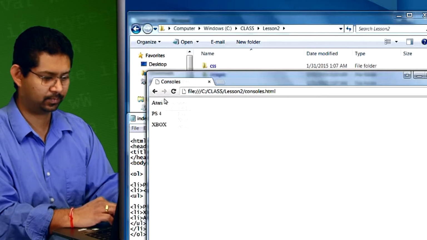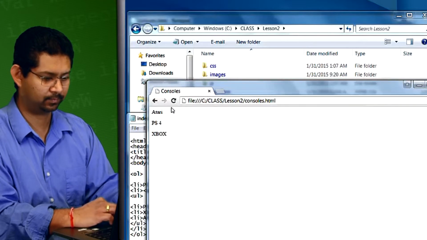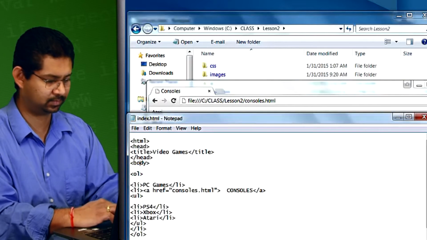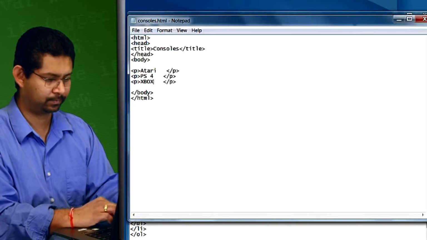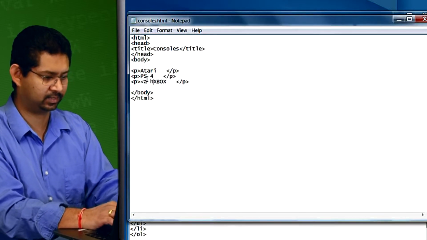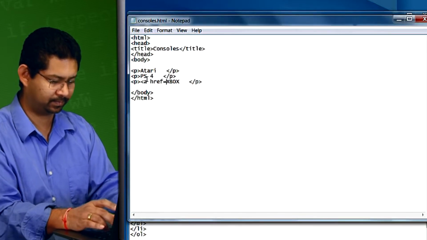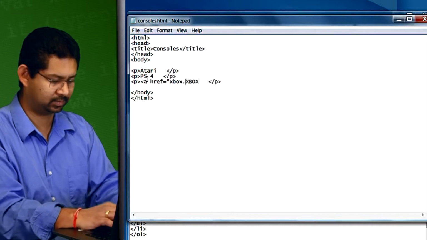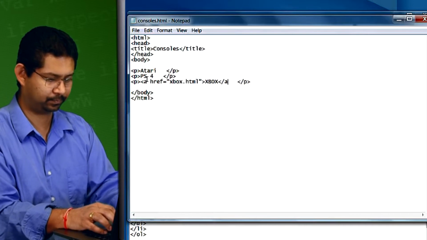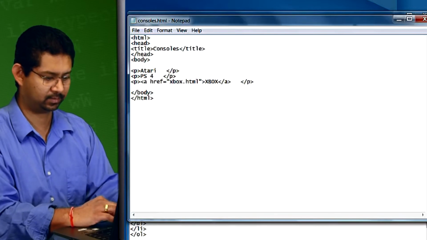So now, on this page, we're going to turn these into links. So we'll just, for now, do Xbox as the link. So we'll go to consoles.html and change this into a link. Same as before, we're going to add the link tag, xbox.html, save that, let's look at the page,